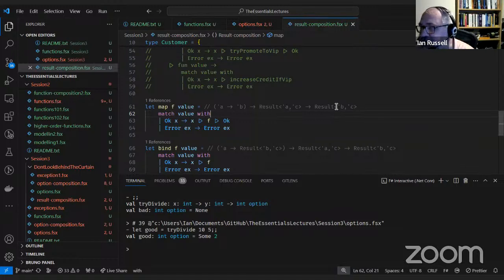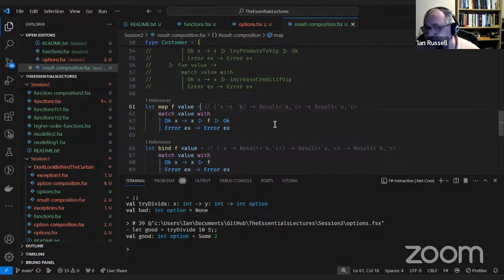So that's how you read that. The difference between map and bind is that map has a function that doesn't have an output of that effect, so result, whereas the bind one does. That's the only difference between those two functions.